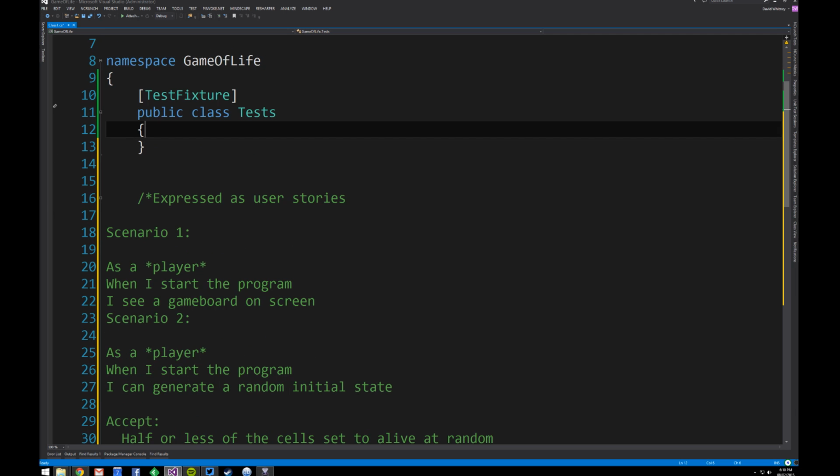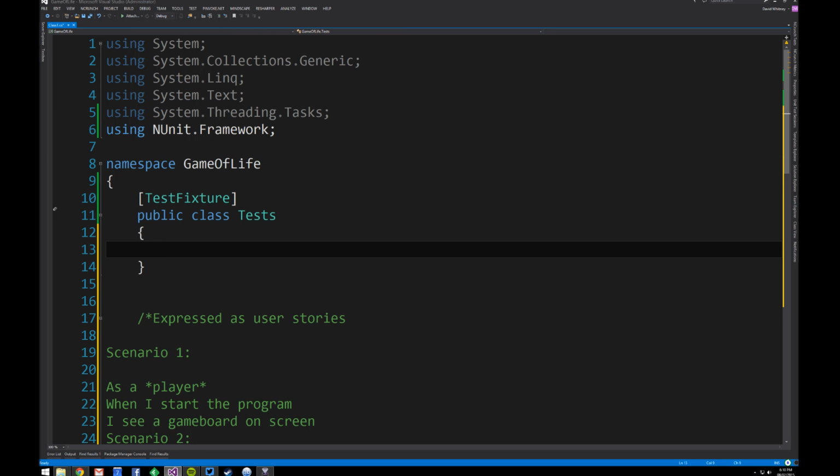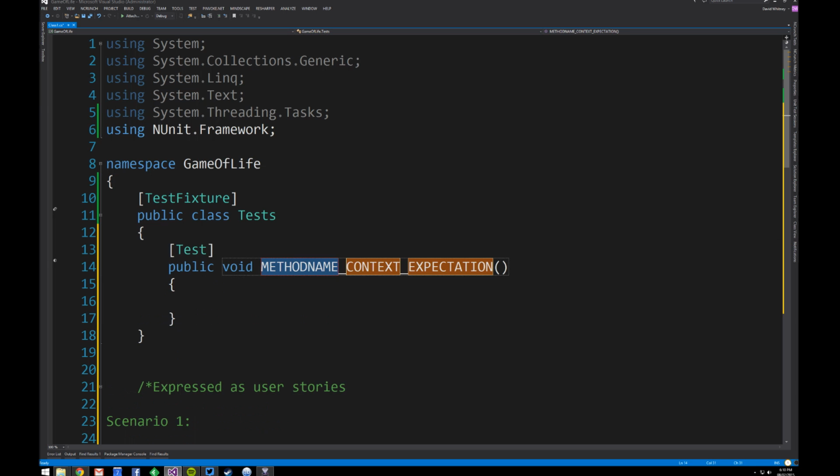So scenario 1, as a player, when I start the program I see a game board on screen. Okay, great. I know the original rules of the Game of Life say that there's an infinite unbounded space, but what we're going to do, I think, is write the output of this out to the console, so we probably want to bound it. So let's write a test that says something like,